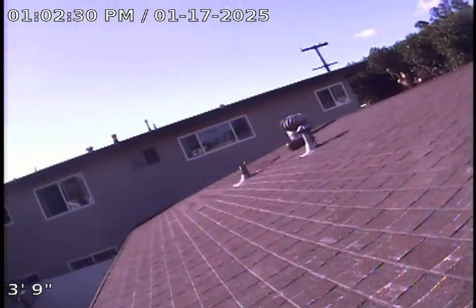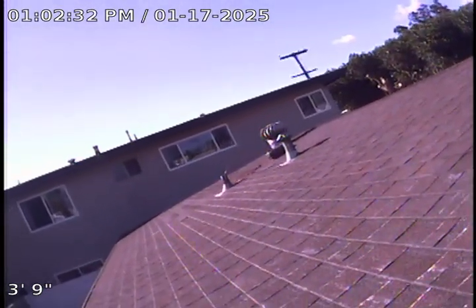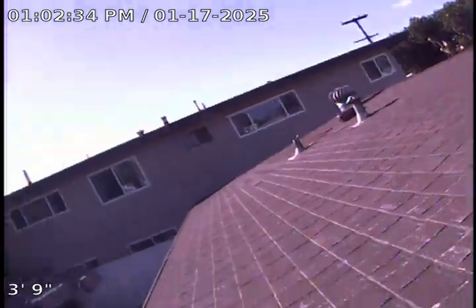Okay, so we're over the master bathroom now. So over there by the vents is our other camera system. So we're going to go down this smaller 2-inch pipes. We've got an even smaller camera here. So sometimes the lighting on the smaller camera will be a little bit darker of a view, but to get through the piping here,